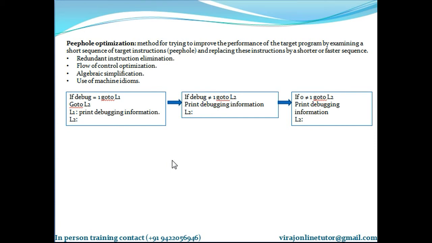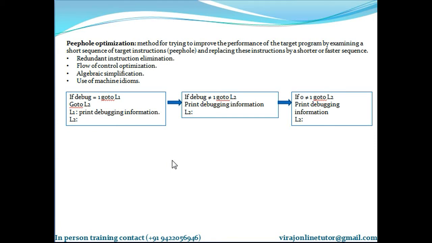It is a characteristic of peephole optimization that each improvement may spawn opportunities for additional improvements. So the characteristics of peephole optimization are redundant instruction elimination, flow of control optimization, algebraic simplification, and use of machine idioms.